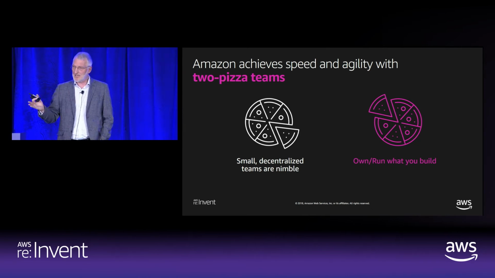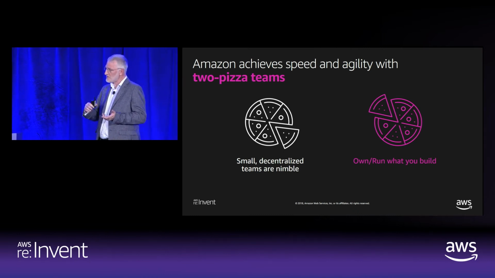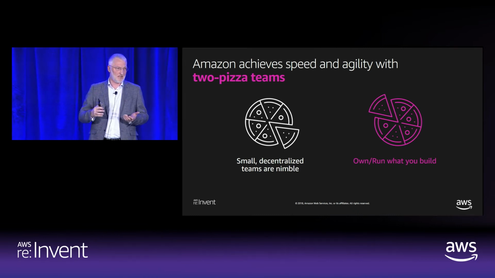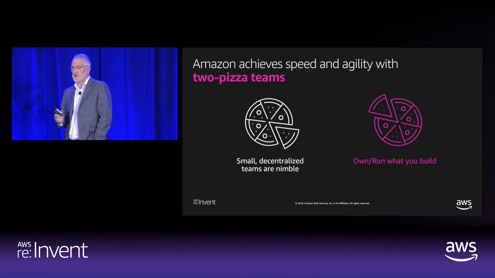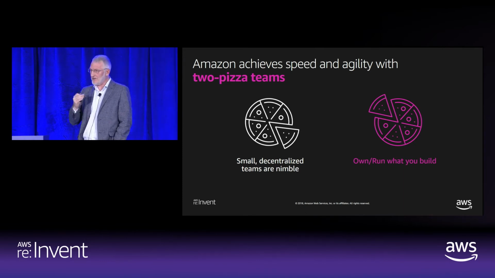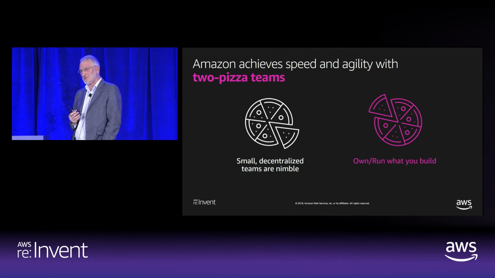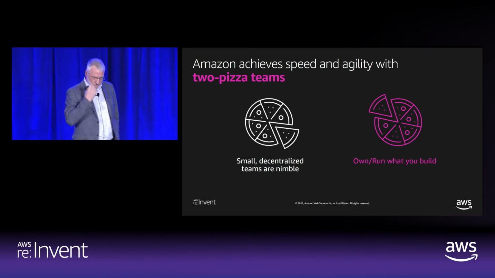You ask people on a large team the same question, you'll get different answers. If you ask a small team of 6 or 8 people, you'll get consistent answers. And bonus, you could have 8 people standing in front of a whiteboard, drawing and debating something, and having a really good discussion. You can't do that with 100 people or 50 people. They just won't fit. So these small teams are essential.